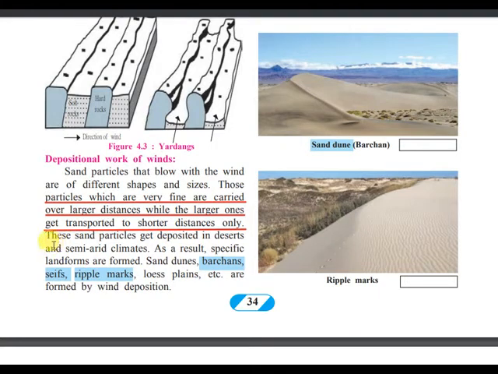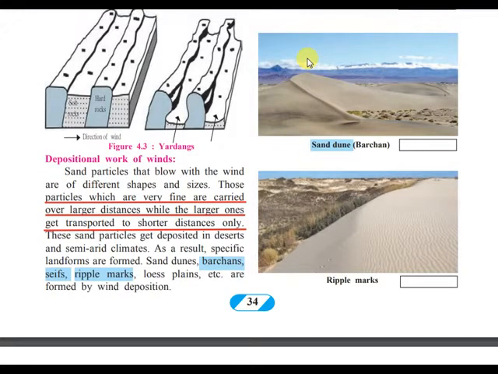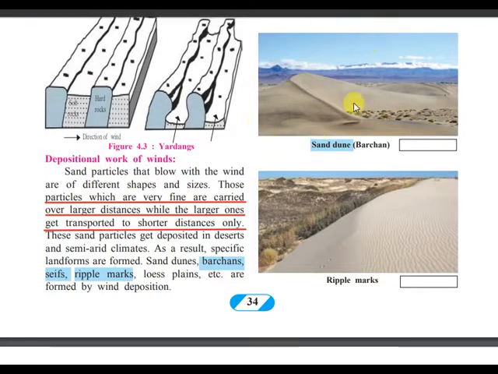See here, these sand particles get deposited in deserts and semi-arid climates. As a result, specific landforms are formed: sand dunes, barchans, seifs, ripple marks, loess plains, etc. are formed because of wind deposition. We know how the sand dunes are formed, right? In the desert region, if you know the actual working of sand dunes, there are no sand dunes at the same spot, because in arid areas such as the desert there is a continuous flowing of the wind,